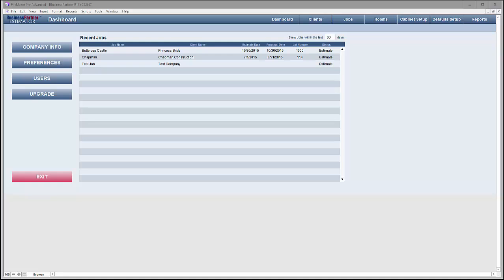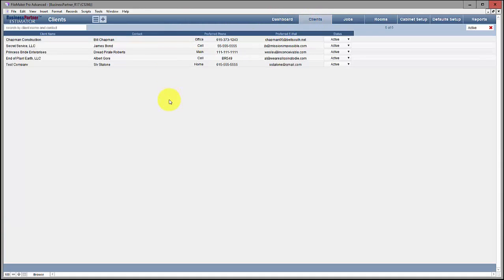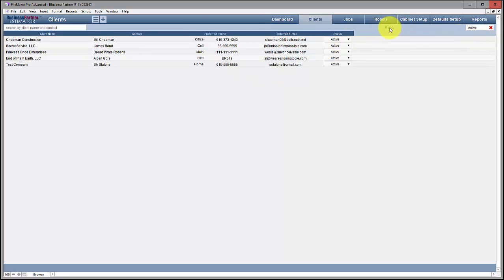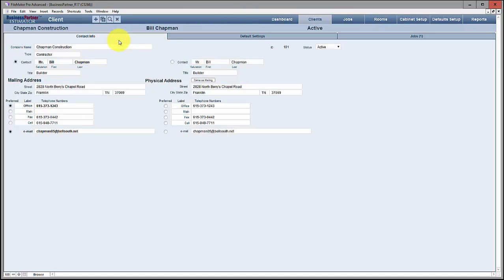In this tutorial, we'll be looking at setting up and managing clients. So from the dashboard, which is where you'll always land when you start the program, click on the Clients button. Here you'll have a list of all the active clients. You can also set this status to inactive if you have any inactive clients. In this particular version, I do not have any inactive clients. So we're seeing 5 of 5 clients here, and from here we can go into one of the clients, and